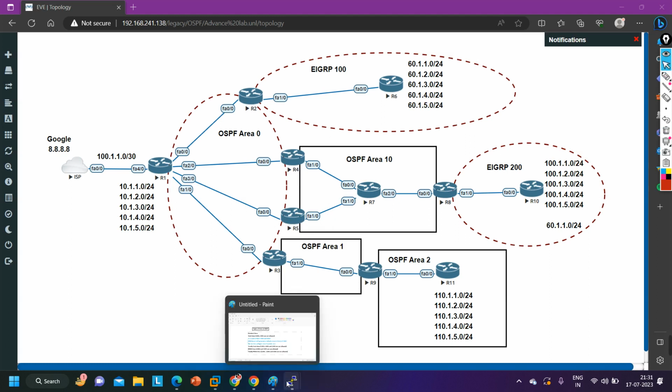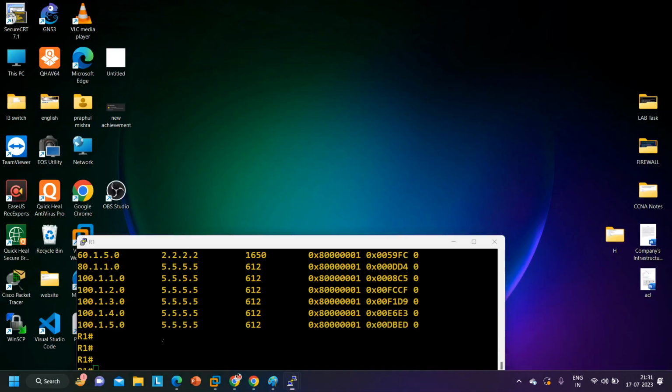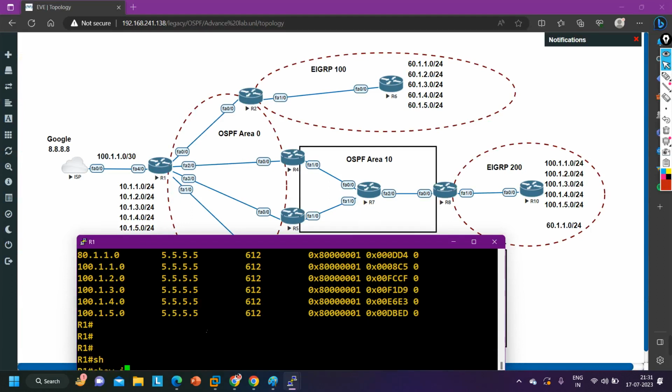See, on router number 1, packet forwarding will be via both routers. When router 1 needs to forward traffic in this network, there are two ways. But it will receive these prefixes via router number 5 only. Getting my point? See, on router number 1, if you want to see the routing table, let's say, show ip route and then